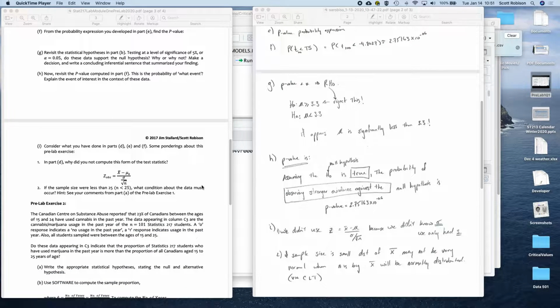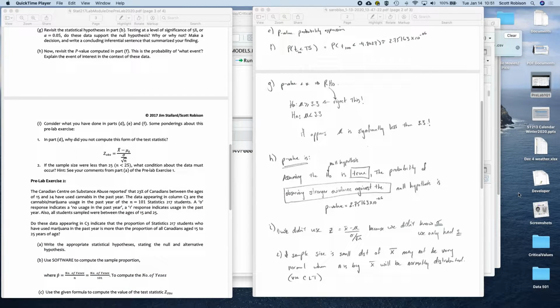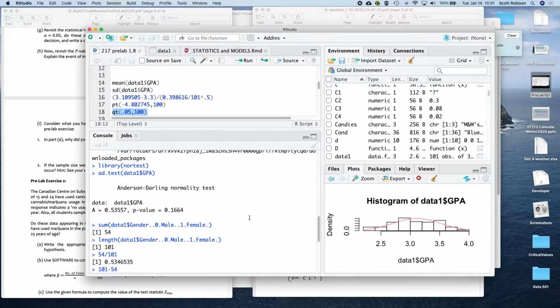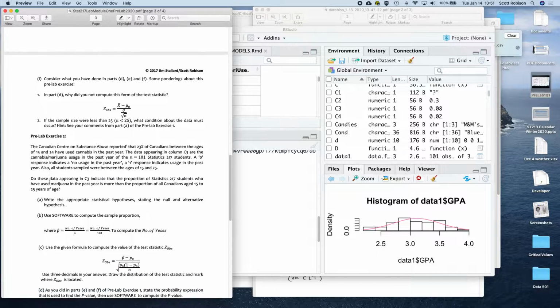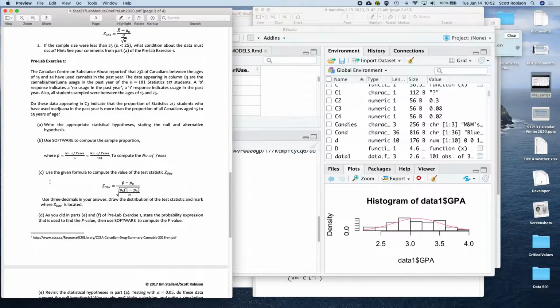We just did pre-lab exercise 1, which was basically a hypothesis test on numeric data. So here, like, what is your GPA? This is a measurement that's recorded as a number. And now here in pre-lab exercise 2, what we're going to do is investigate a hypothesis test that's on a